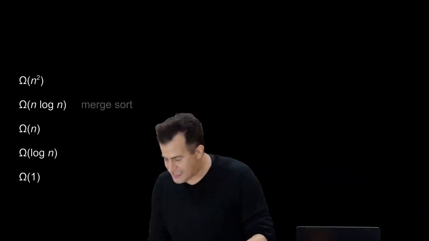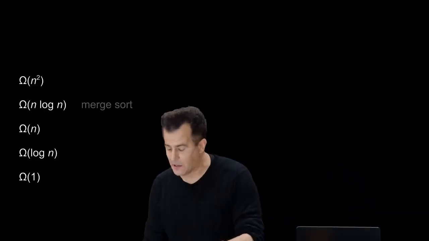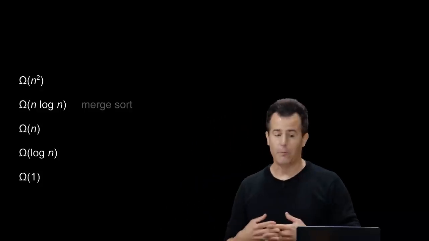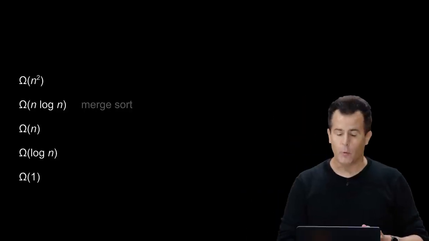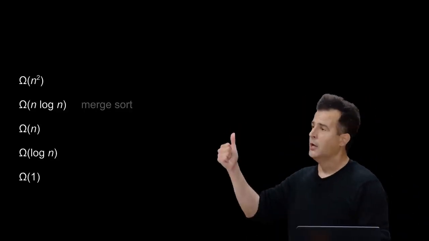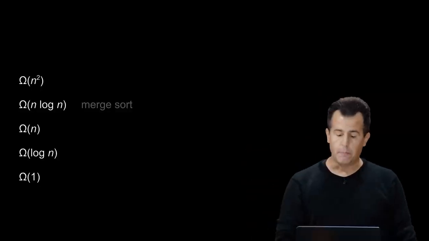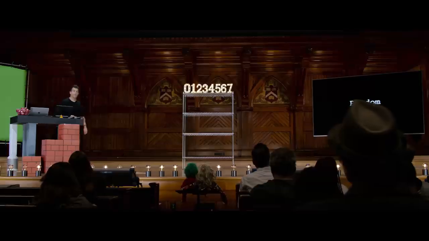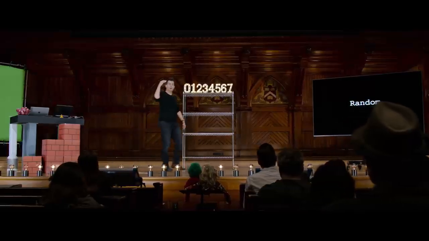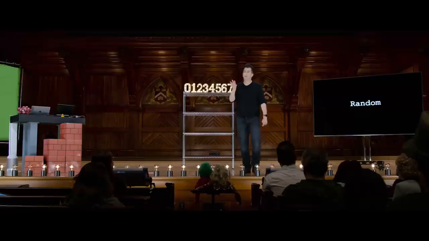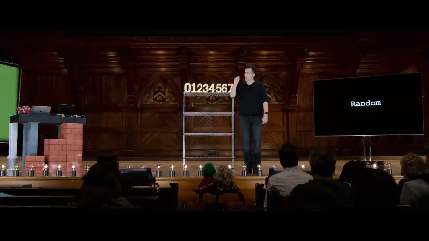But merge sort then is in n log n, as are frankly a lot of sorting algorithms that you would use in the real world or use in a library. And so as our final flourish today, what we thought we would do is compare these three algorithms that we focused on: selection sort, bubble sort, and merge sort. In particular, what you're about to see is a visualization of some random data 3 different times. The top chunk of data is going to be sorted with selection sort. The bottom data is going to be sorted with bubble sort. And the middle data is going to be sorted with merge sort.